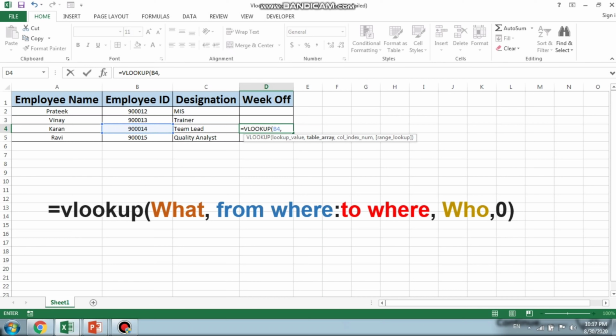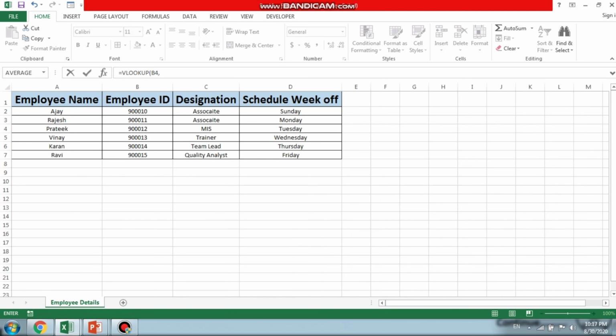Now I have selected the employee ID and I just want to find from where to where. So from will be our employee ID, and to will be our last D column, correct, comma. Now the last one is who, which means we require the week off of that particular employee ID.